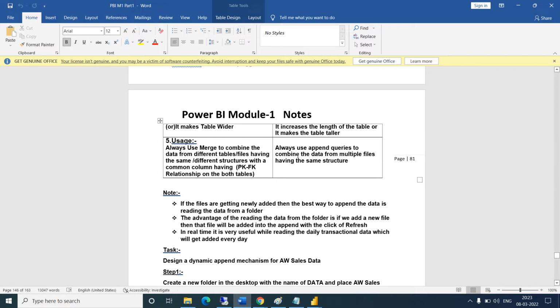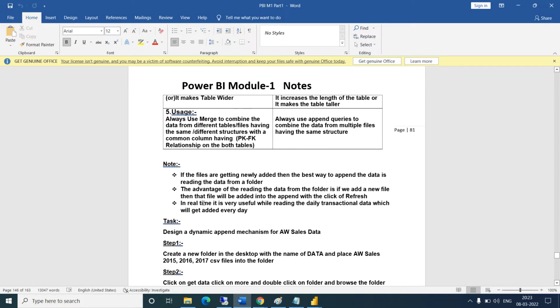Okay, so these are the differences between the merge query and append query. This will be the question. Then there is a note: if files are newly added, the best way to append data is reading data from the folder. Okay, so how to read it? There is one scenario